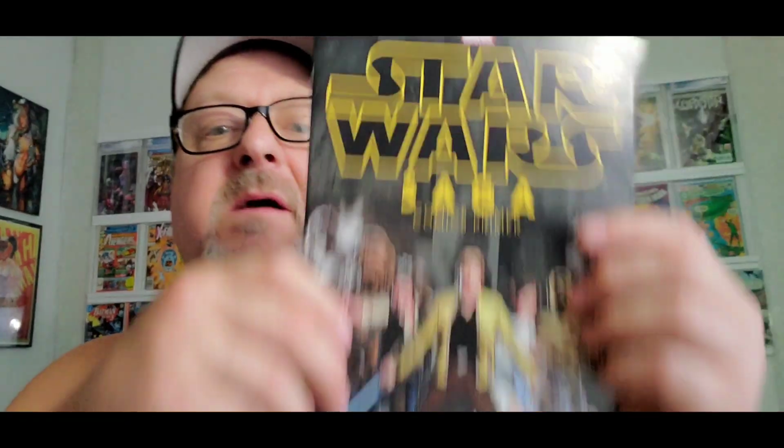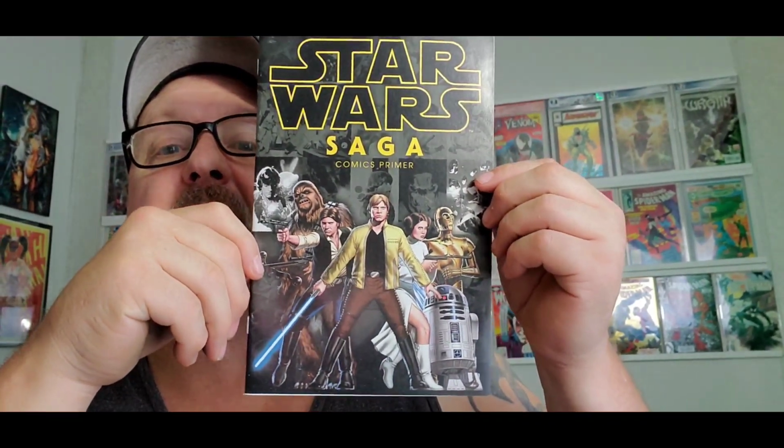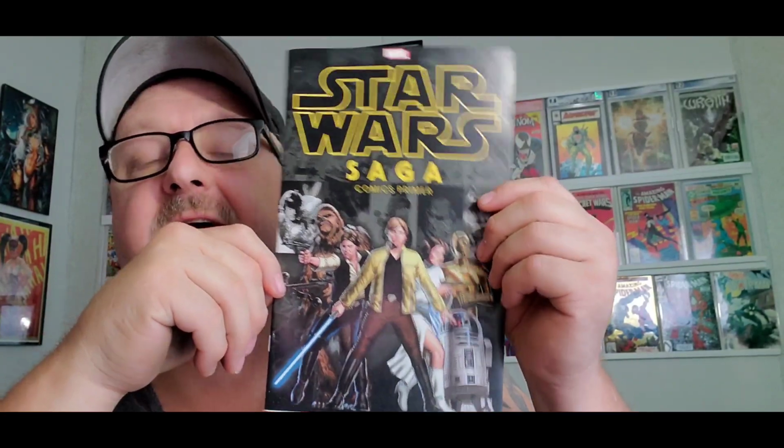Huh. Now this is interesting. Star Wars Saga Comics Primer. I have not seen this, and this one is in excellent condition. I've never heard of this, so my buddy Foo will probably be able to tell me a lot more about this than I do. But that's kind of cool, actually. Comics Primer. I get excited about it, and it probably has no value whatsoever. But I've never seen it or heard of it. It looks like maybe a... no, it's not a reprint of the first one. I don't know. It's first print. I don't know, but these Star Wars books are kind of blowing up, so...